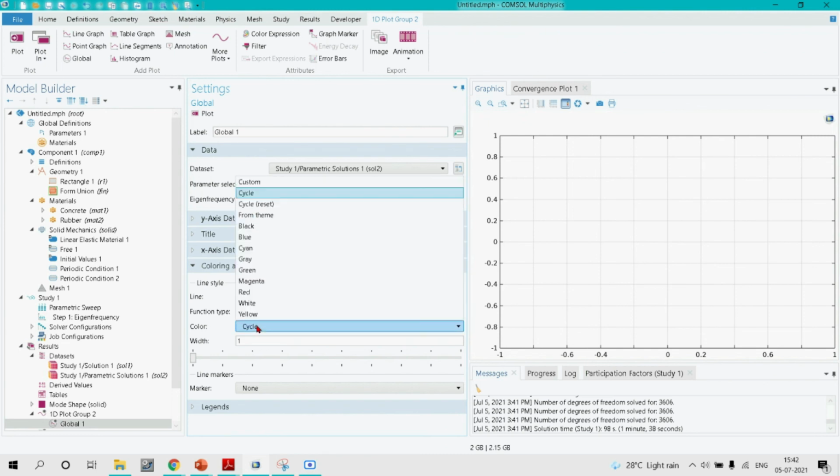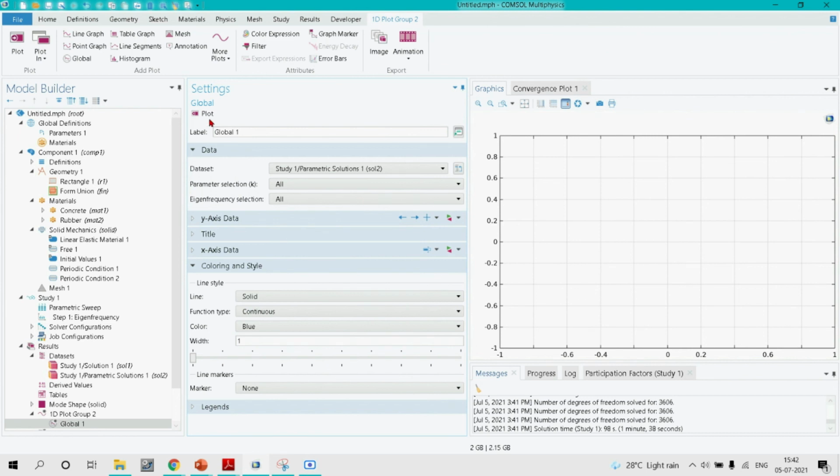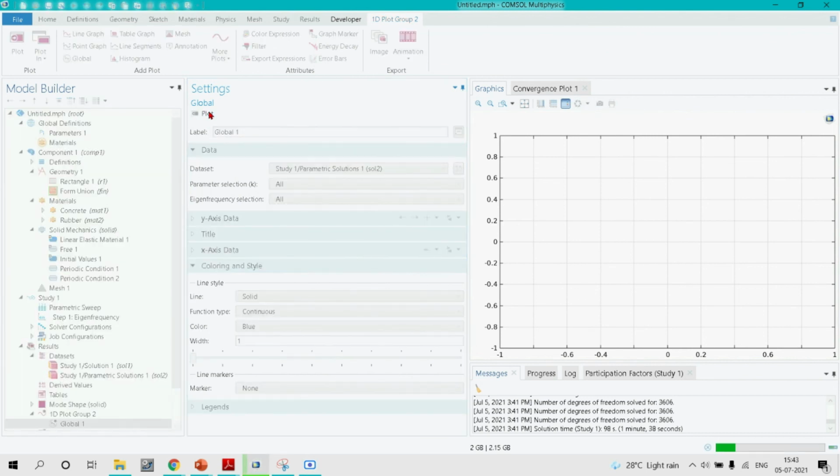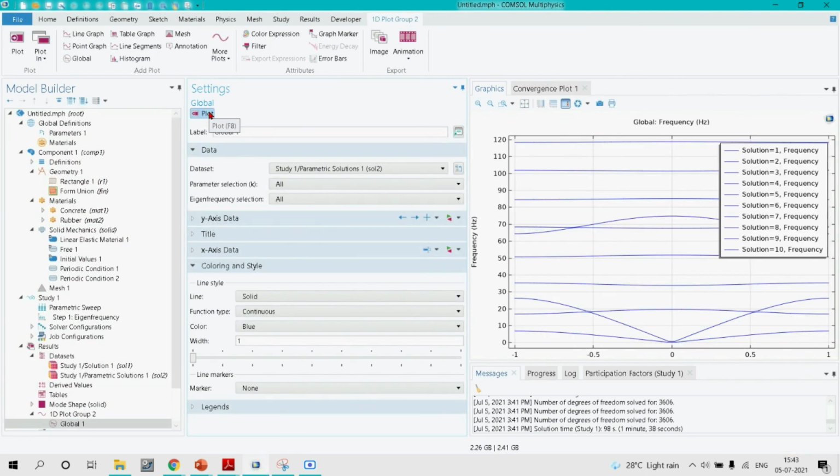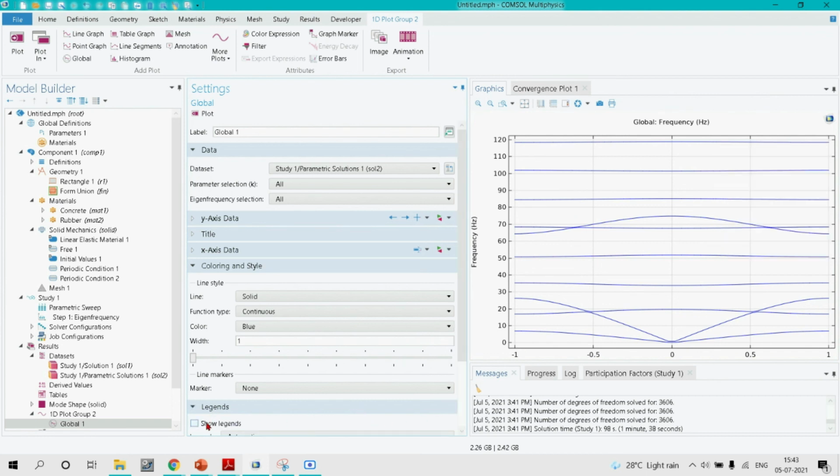In coloring, let's plot it with a uniform color of blue and plot it. Okay, so we got our dispersion curves here, and let's remove this legend to see it clearly.